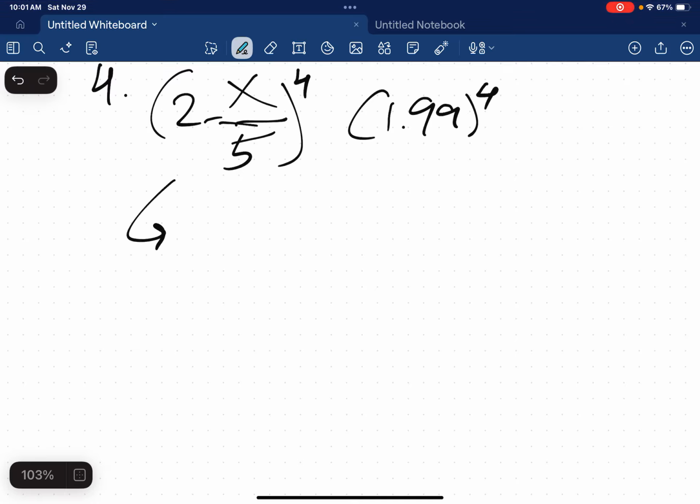So if you can start, how can we start this? We can start by getting a 4 choose 0, 2, this is the 4,